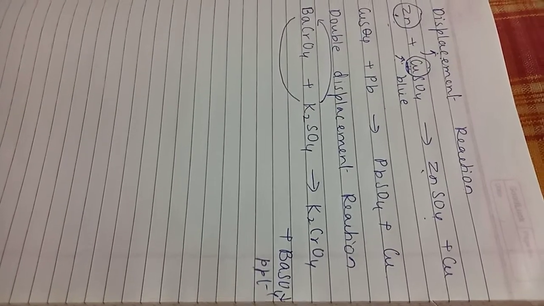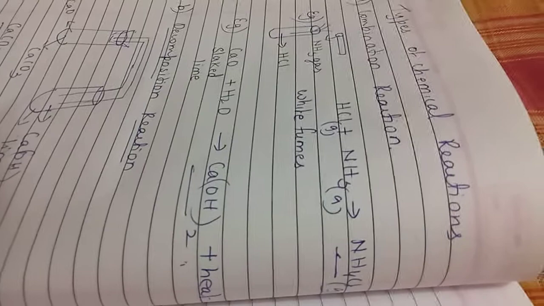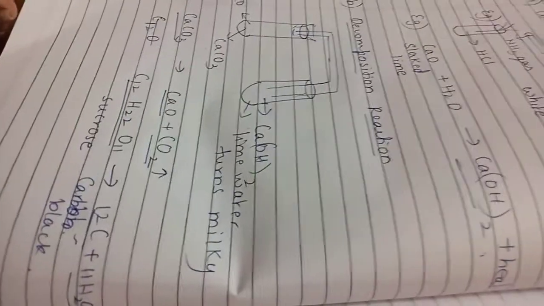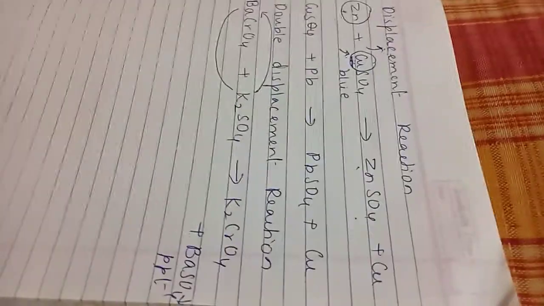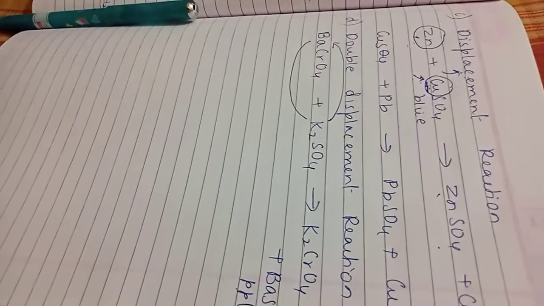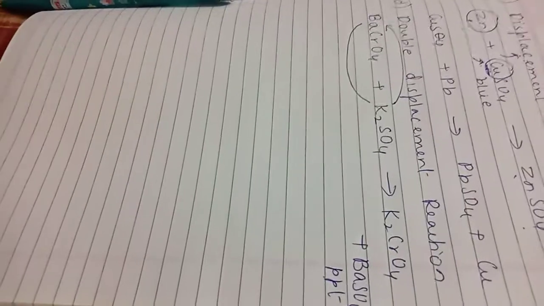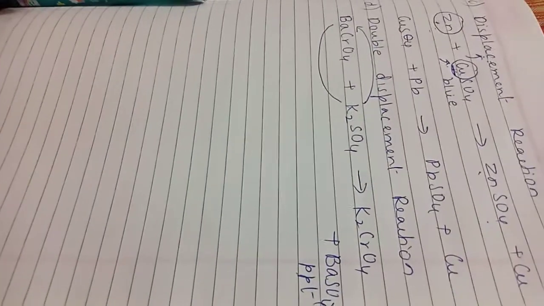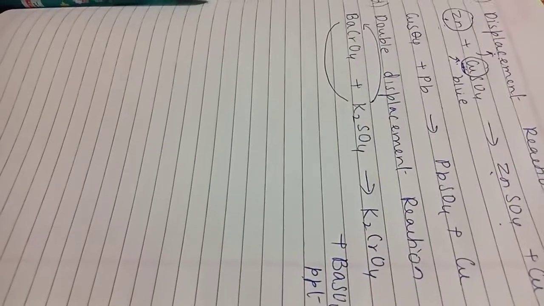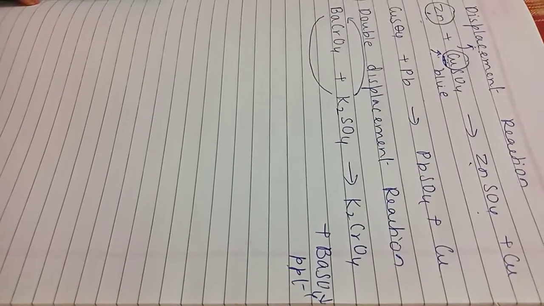Okay, so combination reaction is the one where reactants are 2, product is 1. Product is 1 at any cost. Decomposition reaction is the one where the reactant is 1 but the products may be 2 or more. Displacement reaction is a reaction in which the position of a less reactive ion is occupied by the more reactive ion. That's it. What is double displacement reaction? Where there is exchange of ions between the reactants to form a precipitate. Ion exchange होते to form a precipitate. That is called as a double displacement reaction.